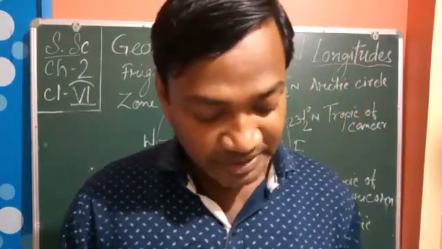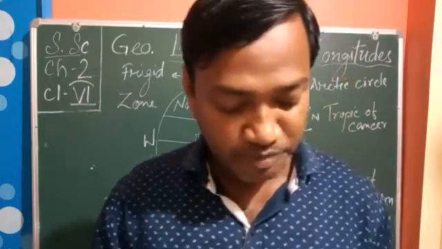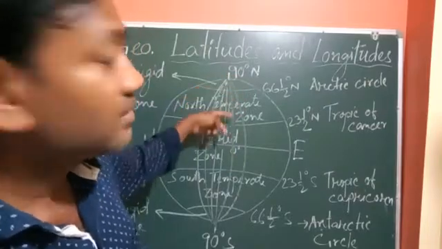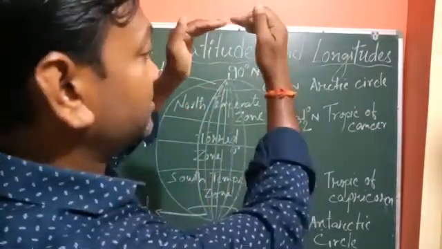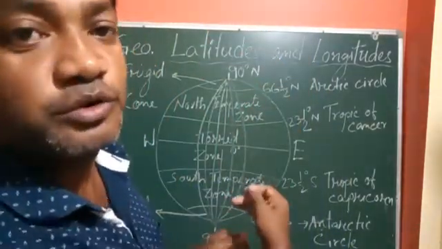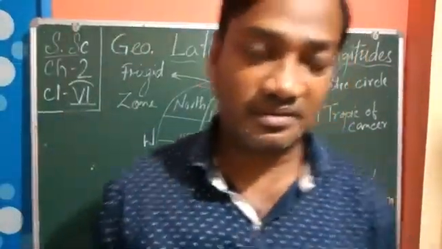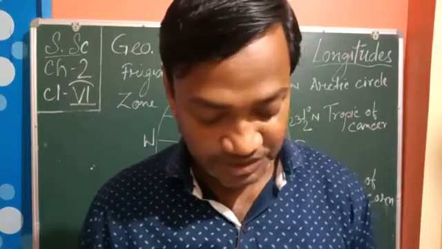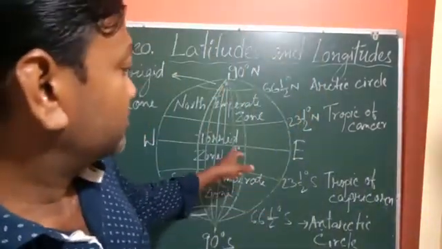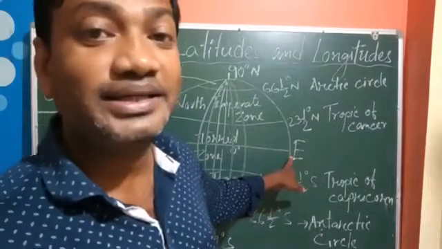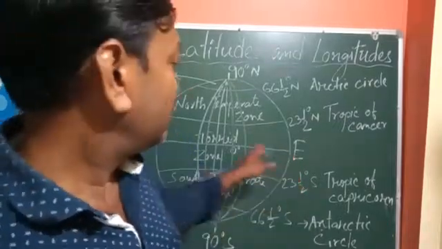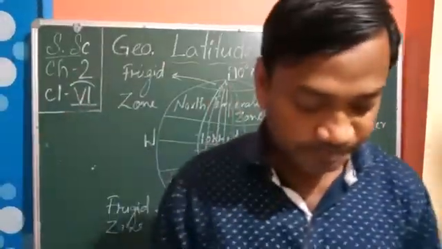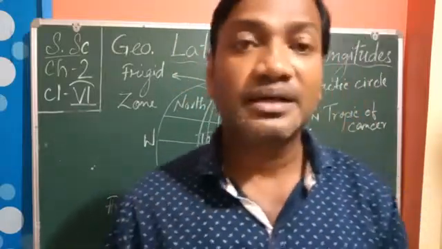The distance between any two meridians decreases as we go away from the equator towards the poles. When we go up or when we go down, it decreases. East of the prime meridian up to 180 degrees east is the eastern hemisphere. So from 0 degrees to 180 degrees east it is called the eastern hemisphere, and from 0 degrees to 180 degrees west it is called the western hemisphere. So these are the characteristics we find.